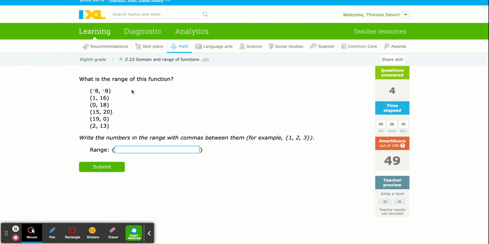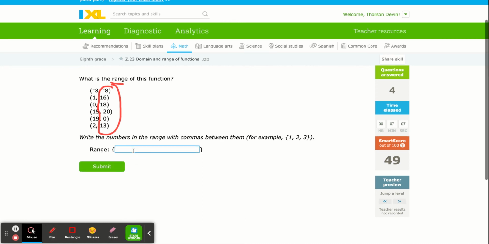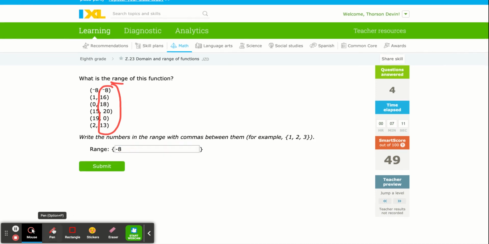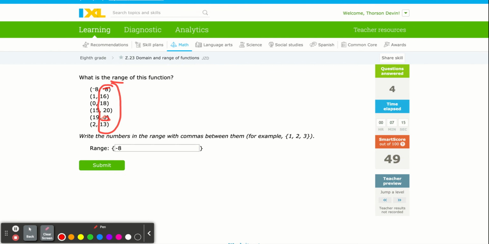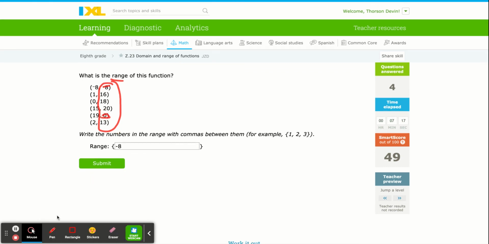Okay, so again, here's range. Now let's do this one. Range is our y values. So I look down the column of y values, not my x values. And it looks like they didn't put these in order. Again, I highly recommend you learn to do them in ascending order. So I did the -8. Next one I see would be 0. So I'm going to do comma 0,